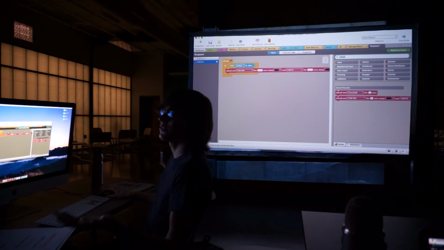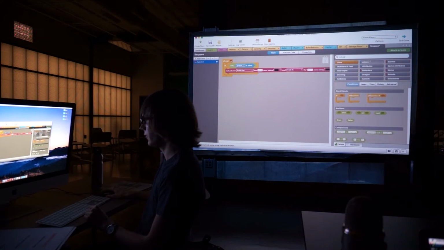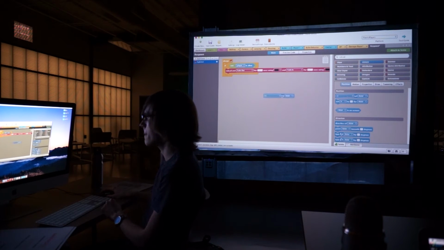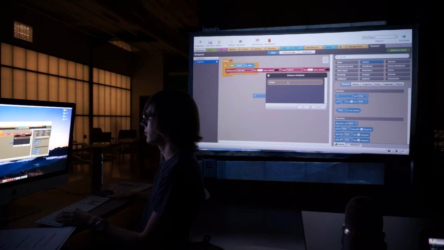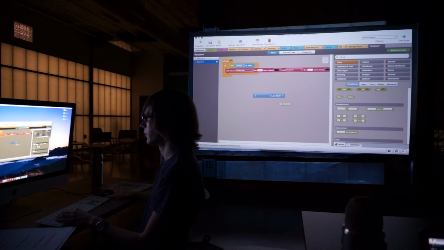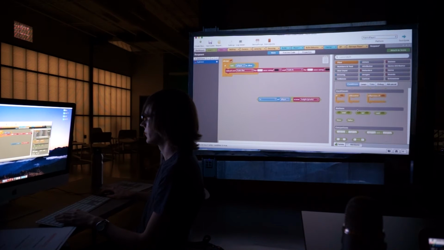And also, since it's a platformer, if we fall in a pit, we also want to reload. So we can also add that in. So if the Y of player is greater than the scene height, and we can drag in an OR block,